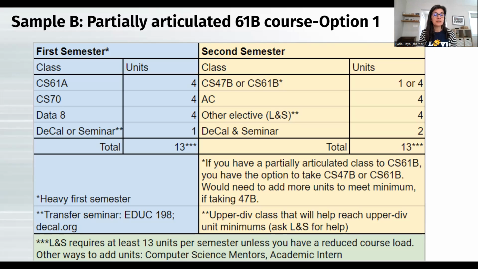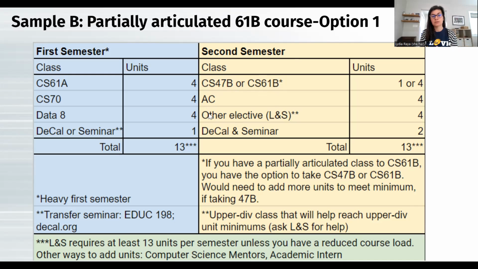But so this would be an option if you had a partially articulated one. So the first semester, you could do 61A, 70, and Data 8 together. This would be a heavy first semester, but if you were really gung-ho about getting stuff done, that could be an option. And then for the second semester, either the bridge class 47B or 61B, and then AC, that's the